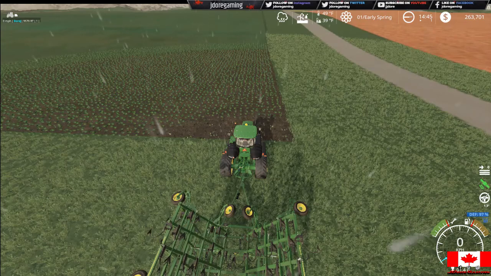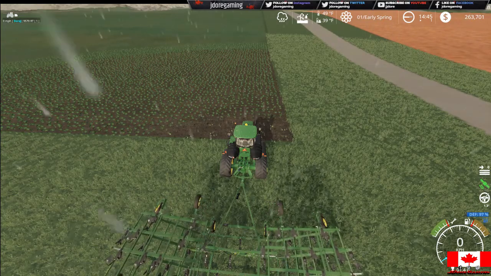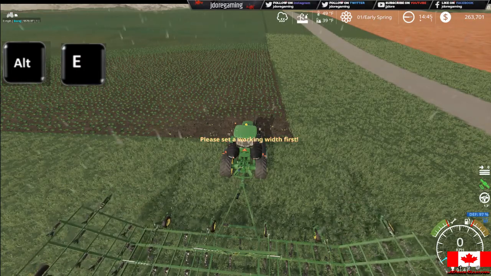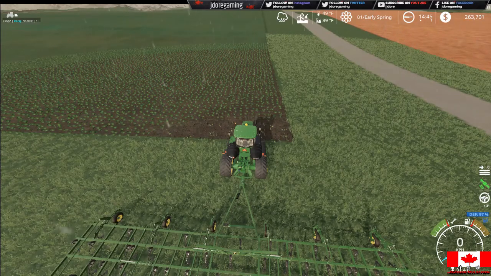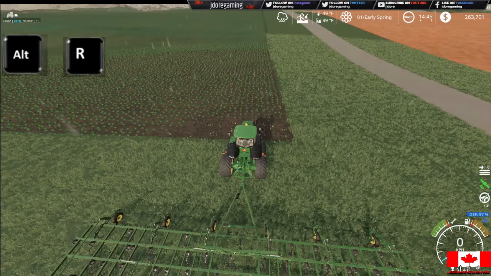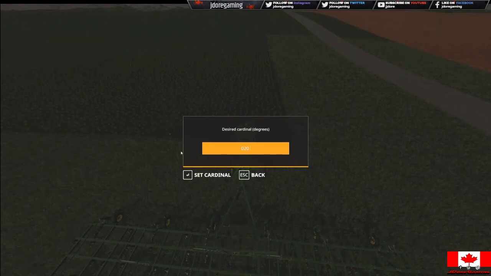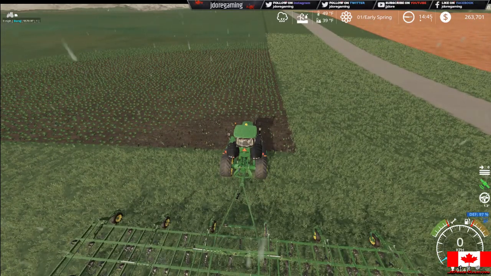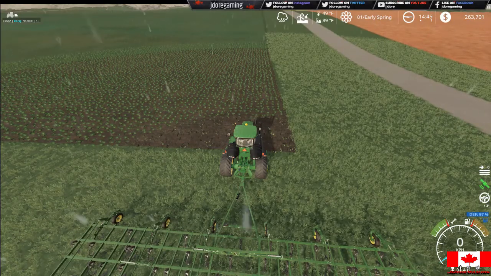Now as soon as you exit, when you come out, you can set your AB. So to set your A is hit Alt E once. Oh, gotta set your work width first. To set your work width, the default is Alt and R. And if you hit Alt E, let's choose this to 20. And then set. Now if we go here, Alt E. Oh, maybe that won't allow us. So to set your degrees, it looks like what it is doing is setting off of